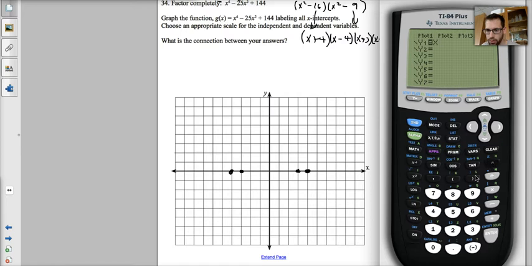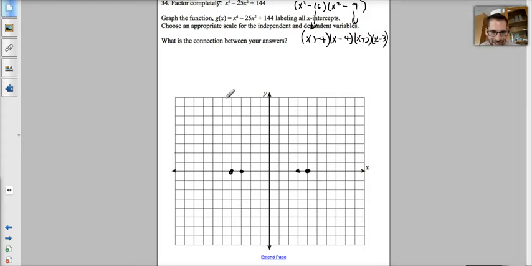So I've got x to the 4th minus 25x squared plus 144. And before that I'll look at the table. Just make sure that looks right. Yep, sure enough. Okay, something like that. So I'll see if there are any points that I can easily graph. So negative 4, negative 3 are both zeros. Everything else is pretty wacky. I don't know if I can do this. It's coming down really, really fast. It keeps going really, really far. It comes back up. It passes through here. And then it goes,